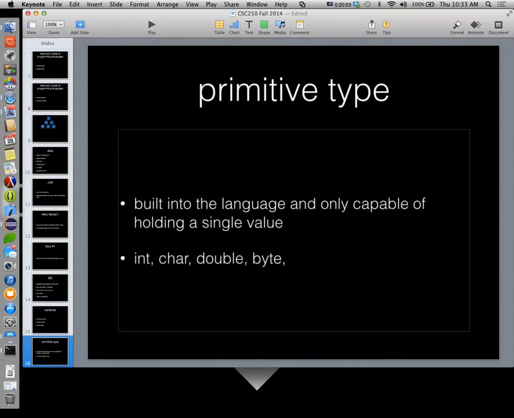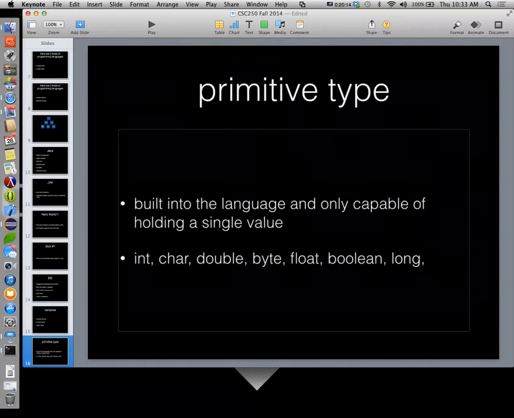Float. Boolean. We're missing just one. String? Not string. Strings are object types. It'll be the first object we look at, but I'm not looking at those yet.